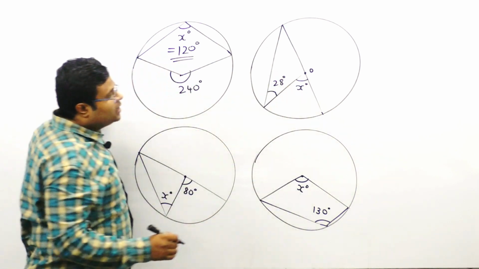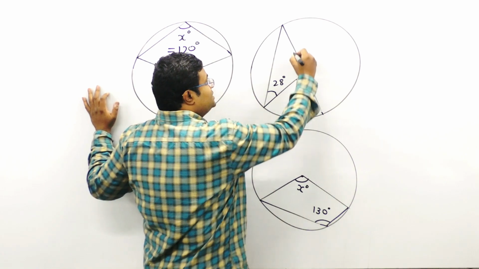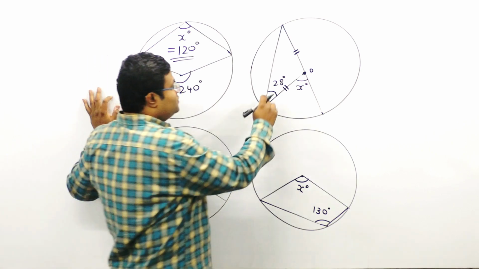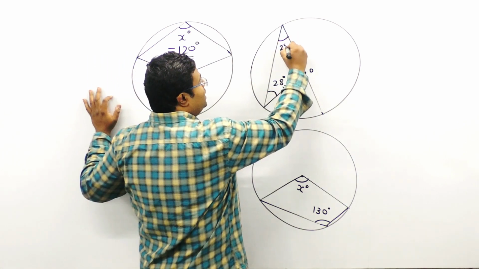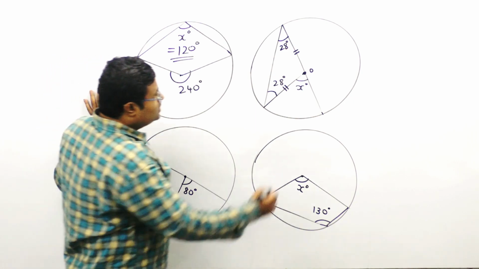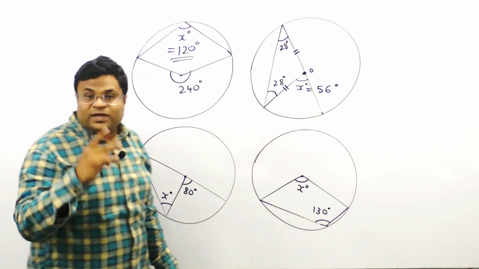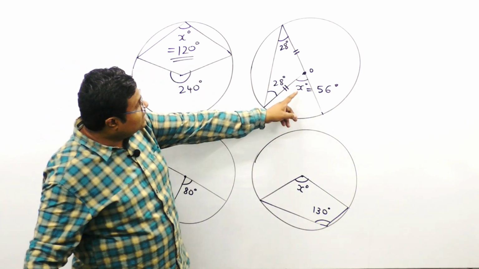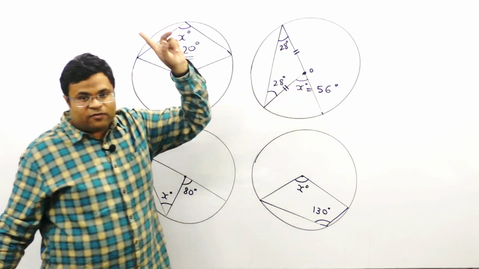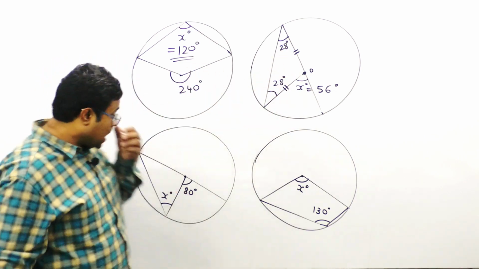Now this is 28. Now you are wondering what will that x be? You should not, because when this is the center, radii are equal. If this is 28, this will also be 28 degrees. Yes or no? Now this x is 50 degrees by 2 ways. One, angle at the center must be double of 28. Or second, 28 plus 28 should be 56. Exterior angle is equal to the sum of opposite interior angles.